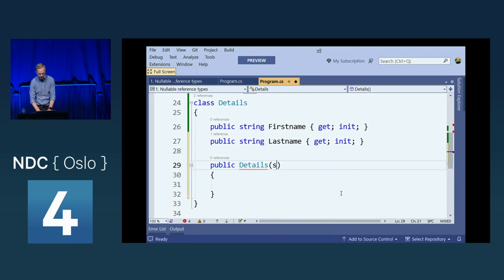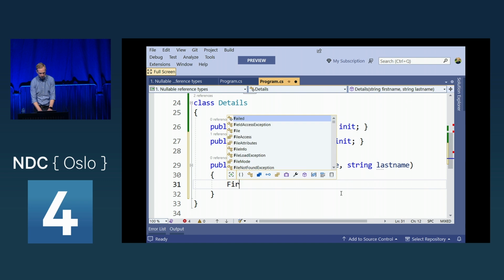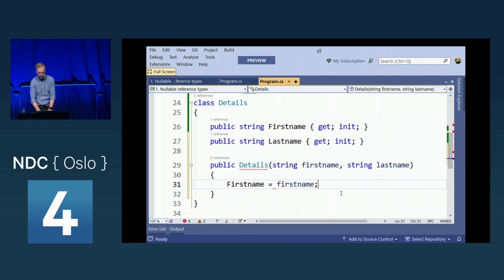The problem with then changing this: first name, string, last name, I'm going to set these to the corresponding values. Let's do last name. And now I don't have any errors anymore. But then when I compile this application, everyone that's using this class is now going to be incompatible. Not the best approach. So we have two options.